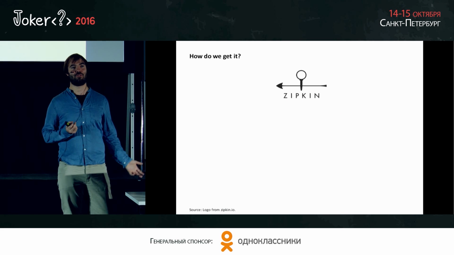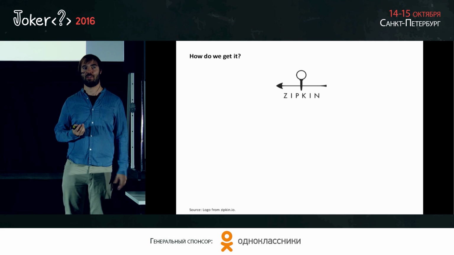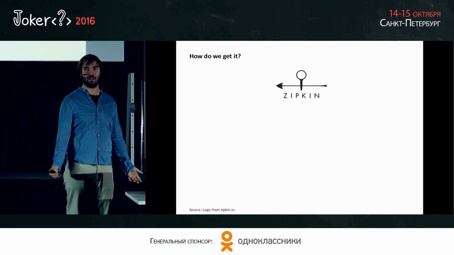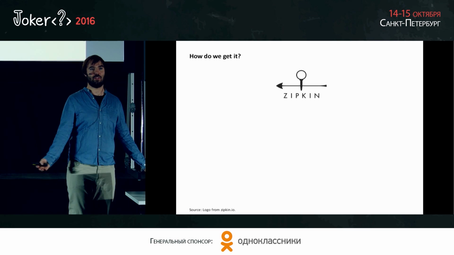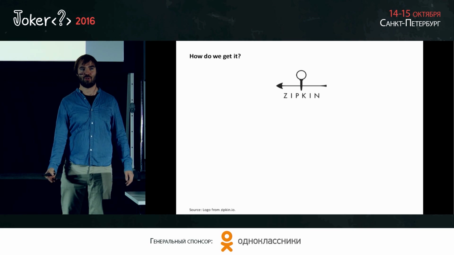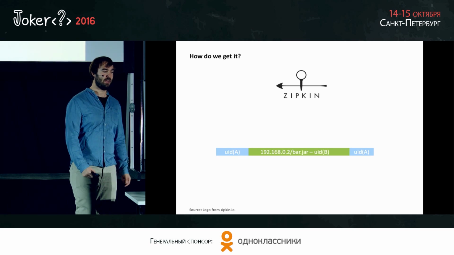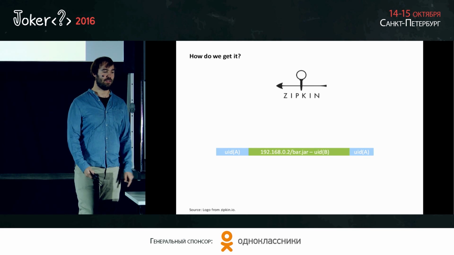So how do we get this information? Well, the standard that is used today is Zipkin, which is a framework Twitter has created, and Zipkin is huge. Zipkin is, I would say, the biggest tracing framework in the world, and it does exactly what I just discussed. In order to describe these spans, you have